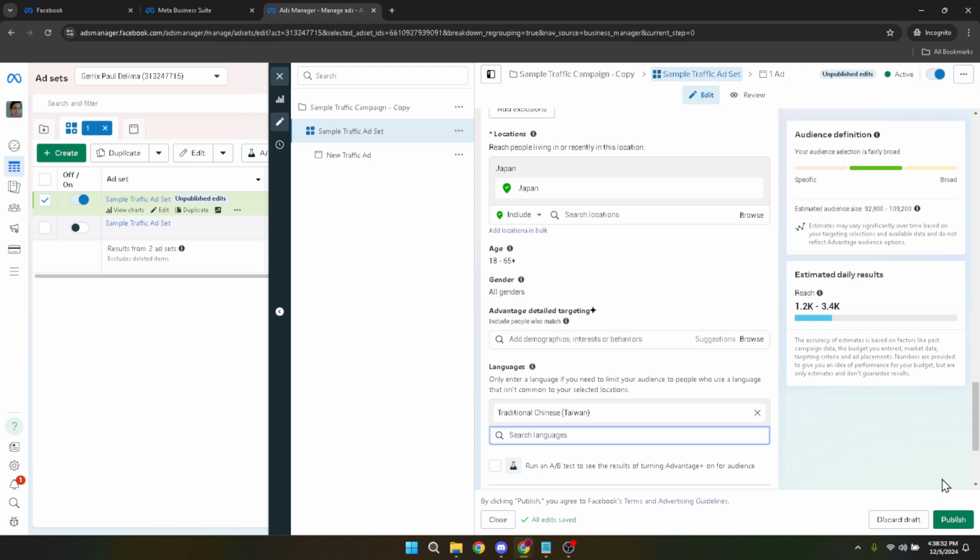And that's it. You've successfully changed the language of your Facebook ads. This adjustment can help you tailor your advertising strategy to better suit the demographics of your target audience, potentially leading to improved engagement and better overall performance of your ads. Whether you're expanding into new markets or optimizing existing campaigns, understanding how to control every aspect of your ads, including language, gives you an edge in the ever-competitive digital space.